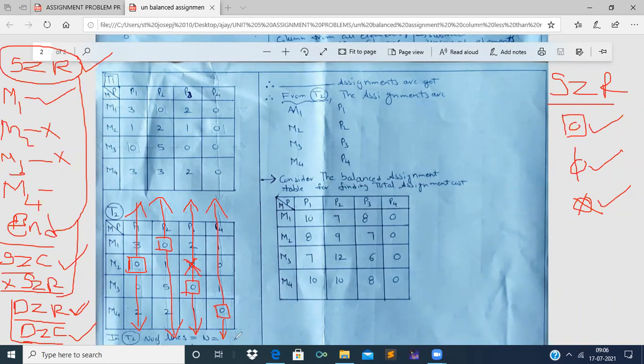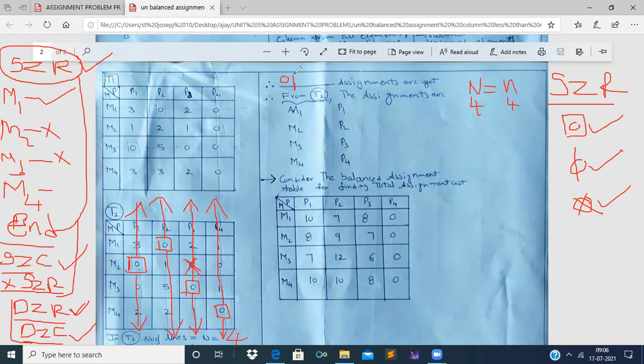Now let us count the number of lines, capital N. Now 1, 2, 3, 4, right? See here, the value of capital N is equal to 4, and now we have to compare the capital N with the small n, right? The number of lines, capital N, is equal to 4, and the number of rows or columns, small n, is also equal to 4, right? Therefore, the optimum assignments are got.